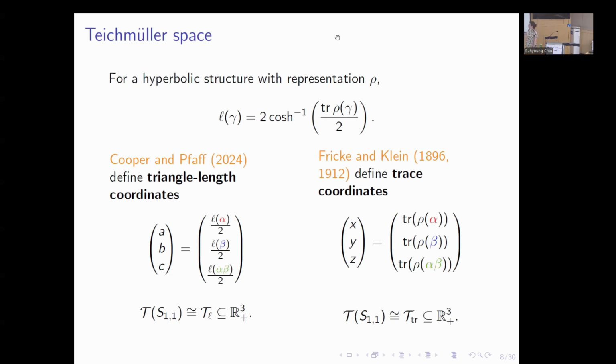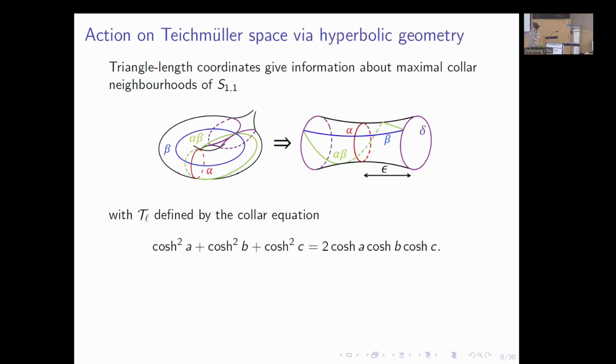Okay. So what we're going to do is we're going to look at the geometric picture first, and then we'll start to look at the algebraic picture, and we'll compare the results that we get. Okay, so let's look at the action on Teichmüller space. So we're using these triangle length coordinates. Okay, so these coordinates give us information about the lengths of the geodesics associated with these three curves, alpha, beta,